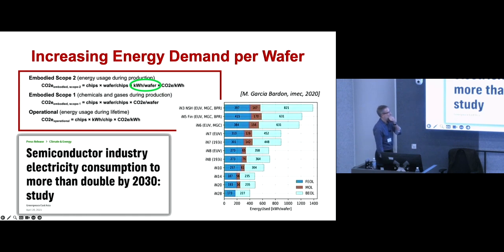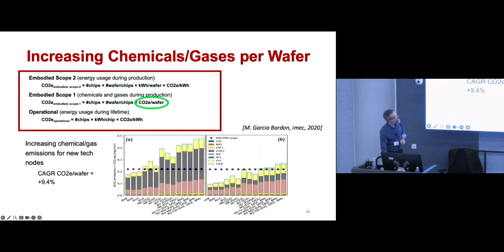Yeah, another study from Greenpeace East Asia. If you're skeptical, you might say Greenpeace is going to be a biased study, but if you go through it, it's actually very thorough. They are claiming that the semiconductor industry is going to double its electricity consumption by 2030. So it's a huge increase. There are quite similar numbers in terms of the chemicals and gases needed to manufacture these integrated circuits.